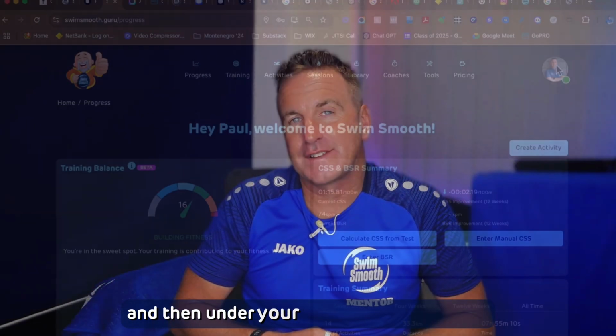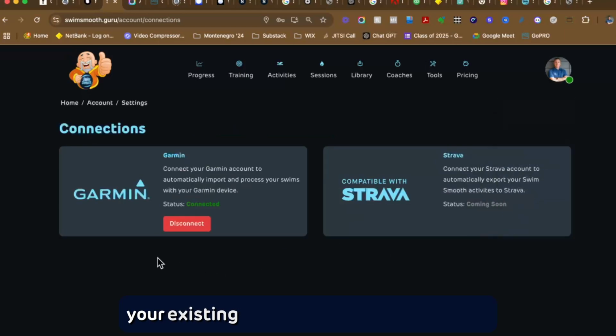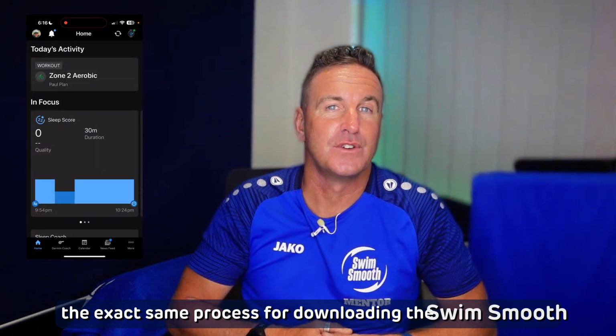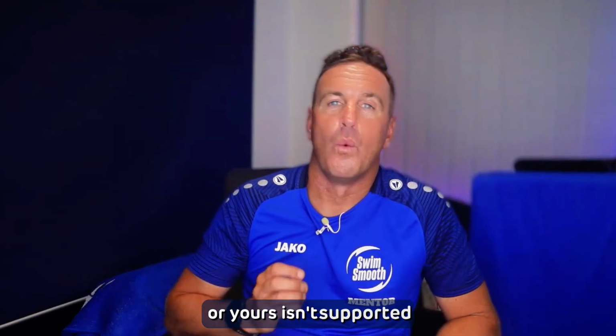And then under your avatar in the top right, click Connections and follow the same process to connect your existing Garmin Connect account. And then the exact same process for downloading the SwimSmooth Guru watch app to your Garmin device. And if you don't have a Garmin device or yours isn't supported, why not jump to